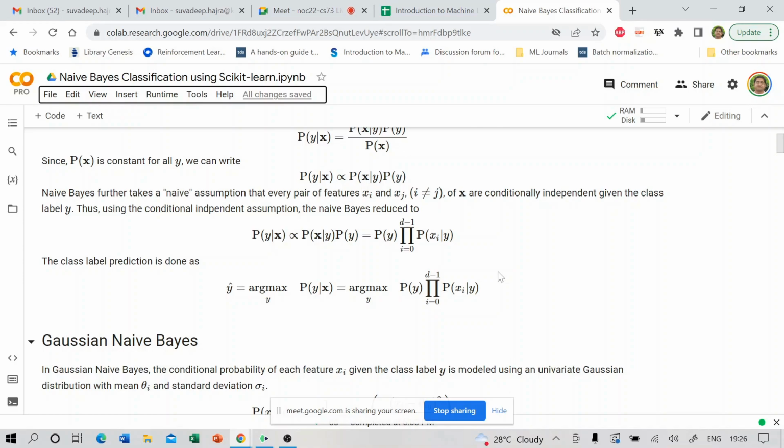Okay, now let us come to the Bernoulli Naive Bayes. First, I will start with an example of text classification. Suppose our task is that, given a sentence, we need to classify it into two classes, class 1 and class 2. Here are some example sentences: this is the first document, which belongs to class 1, and